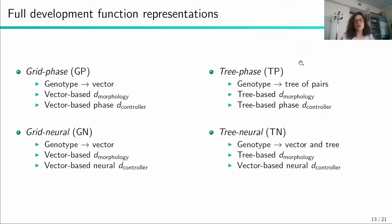So here we have a tree phase, and the genotype is actually a tree of pairs, pairs of real values that get split into two trees after having been through the genetic operators. And so the first tree encodes for the tree-based morphology representation, the second tree encodes for the tree-based phase controller. And then last, we have a heterogeneous kind of genotype, where the first part is a vector encoding for the neural controller, and the second part is a tree encoding for the tree-based morphology